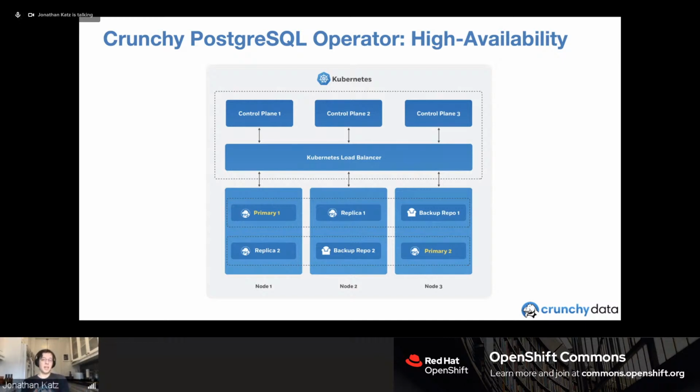So the takeaway from this is that the Postgres operator does provide high availability, but it's leveraging it from Kubernetes and OpenShift, which, like I said, is really an advantage. I guess the other thing I should point out is that the operator itself is not providing the high availability, because that would make it a single point of failure. The Postgres instances themselves are providing the high availability. They're communicating with Kubernetes to determine if there needs to be a leader election because a primary is down or unreachable, or whatever it may be.